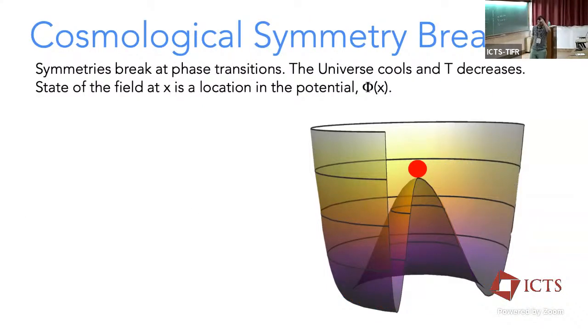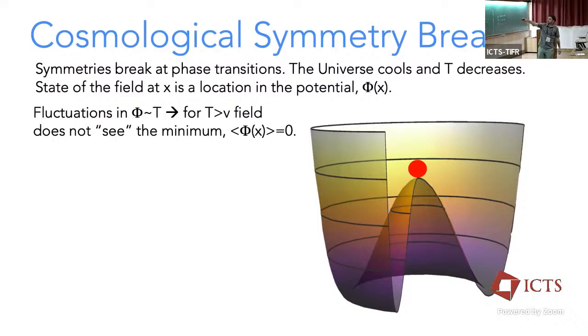Symmetries break at phase transitions. So the universe is hot in the early universe, and there are fluctuations. And when there are fluctuations, the field phi is moving around like this, and it doesn't see the fact that there's a minimum. So on average, it's 0. As the universe cools and the temperature decreases,